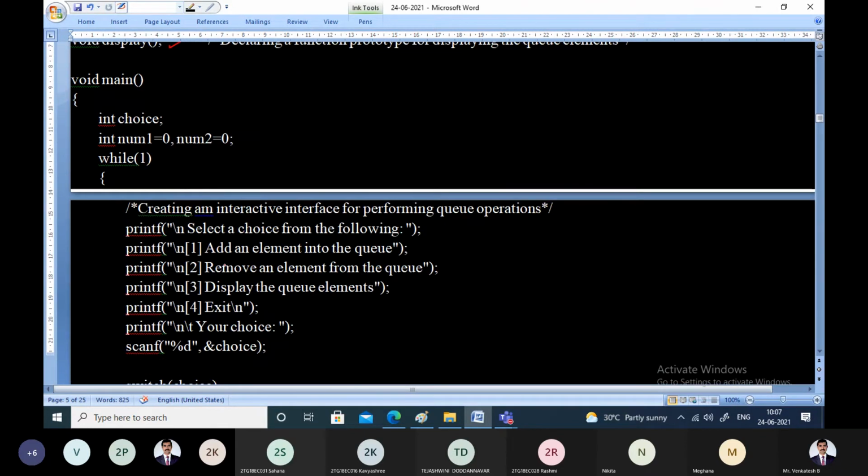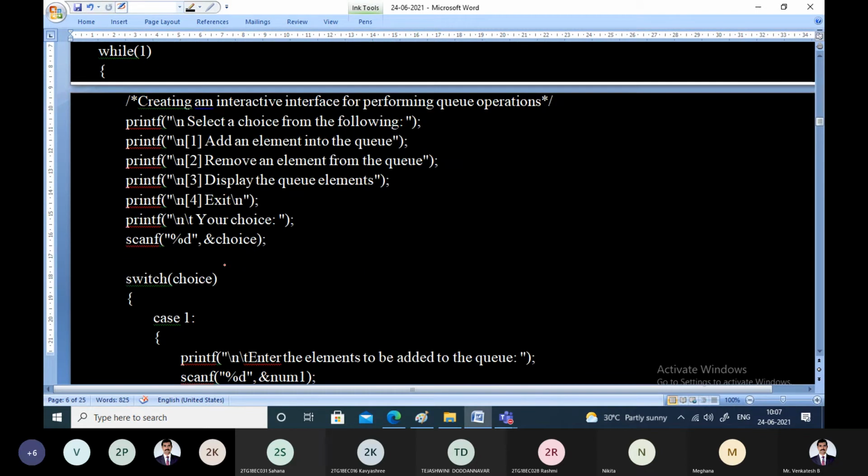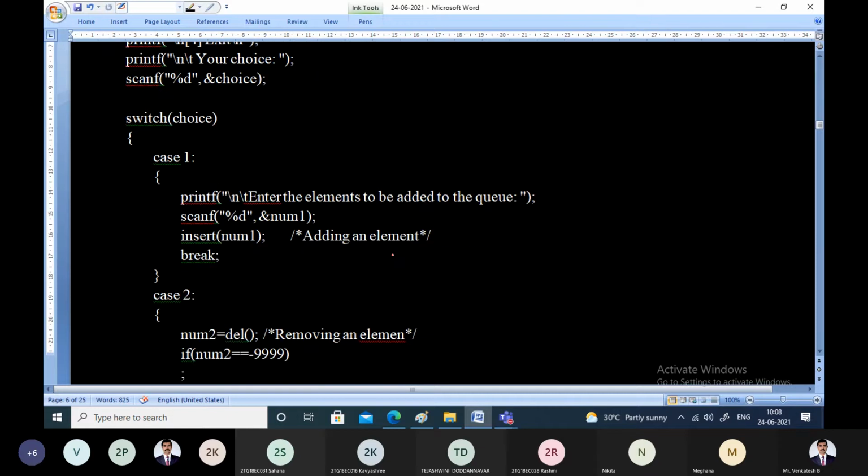Now these are the prototypes for the different functions we use. The main function is the same as in the case of linear queue. All the options are being displayed. If you want to add an element, choice 1. To remove an element, choice 2. To display, choice 3. Choice 4 is exit, and there is a default for an invalid choice. They are given as they are. If you see the flow of the course, in most of the programs the main function is the same, and the functions are also the same. The bodies of the functions in array implementation, linked implementation and circular implementation are mostly the same. If you understand the logic, only minor changes you have to incorporate.